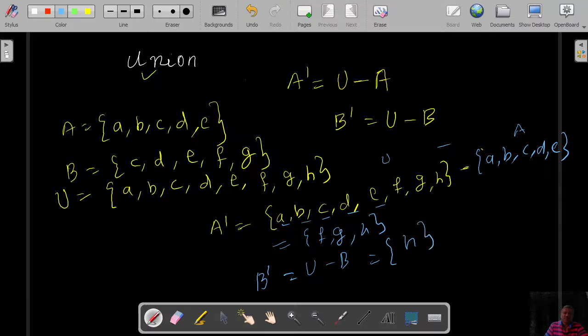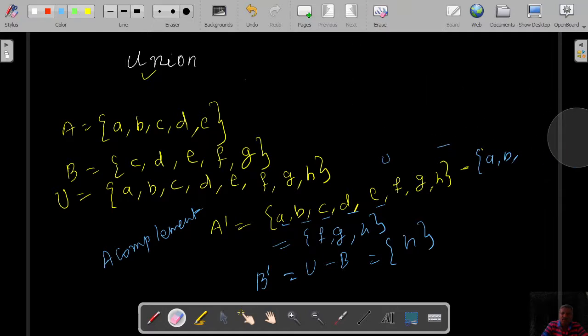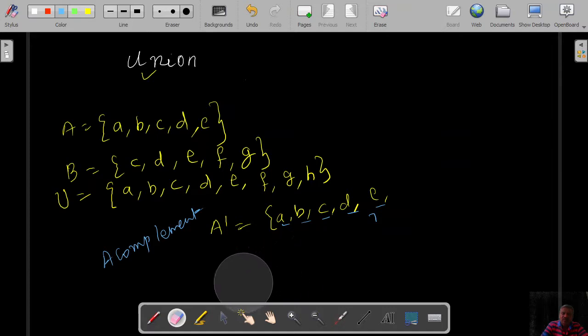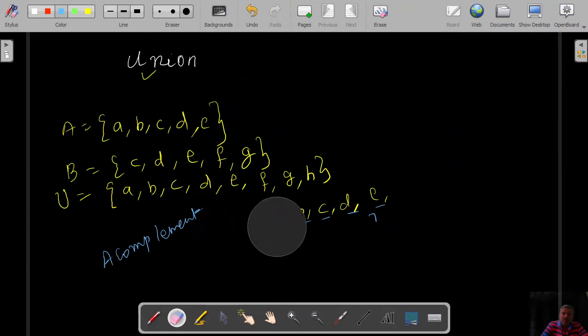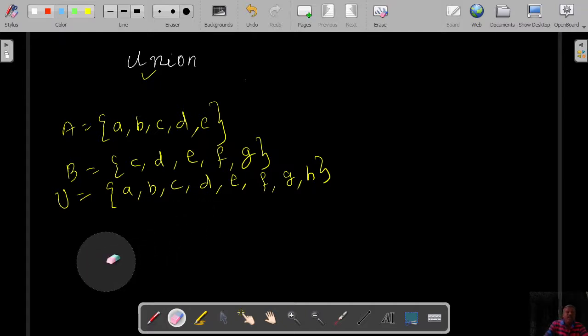This is called A complement, and this is called B complement. Once again I am reminding you, this is not there in the present syllabus, but you need to know this. And one last important thing, again this is also not there, but you must definitely know, because when you take up some higher classes, or maybe if you are going to become a data scientist, and other things, you need to know what is meant by